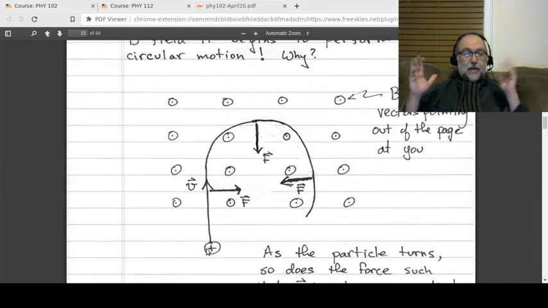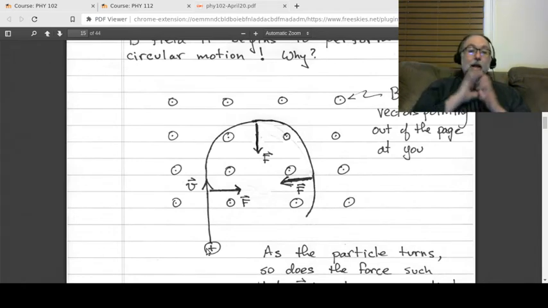What we're going to do is fire a charged particle into it. Just to make it easy, because positives will spiral one way and negatives the other way, let's just do a positive charged particle. It's traveling in the plane of the paper, and it enters our magnetic field, and the magnetic field is out towards us. Now use the right hand rule. It's a little hard, but let's think about it. The V is up and the B field is out towards us, so we want to turn from the V